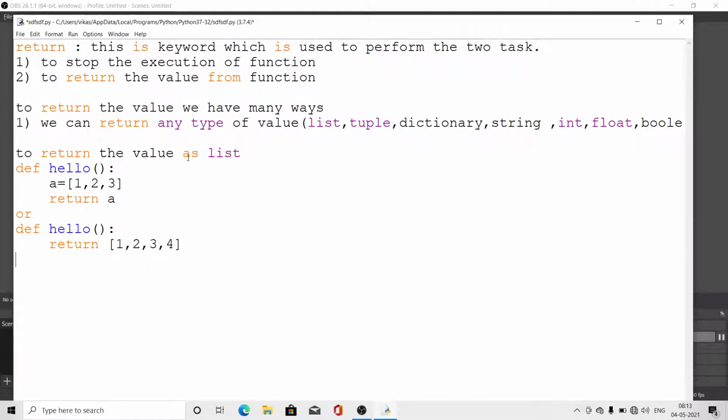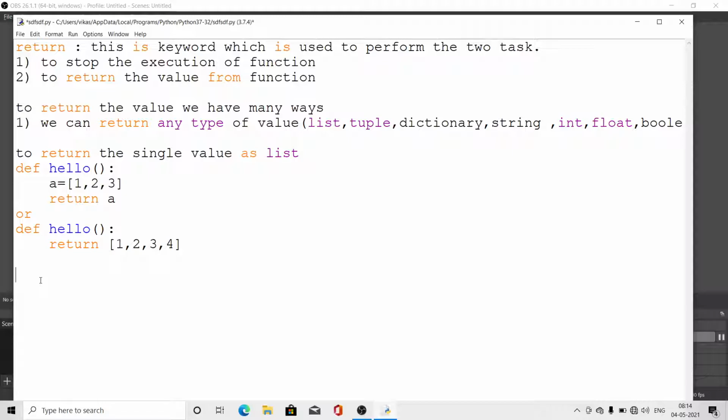So this is returning a value as a list. We have both options. I can denote it by any variable and return that variable, or we can return it directly. Now, this is returning the single value as a list.